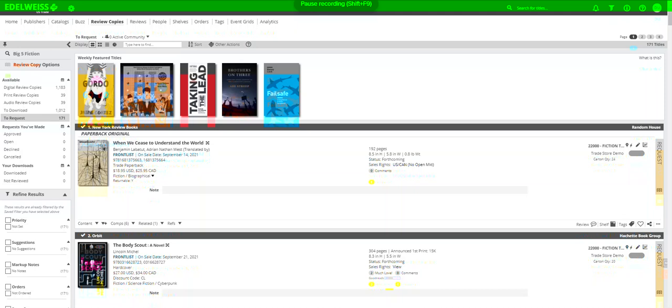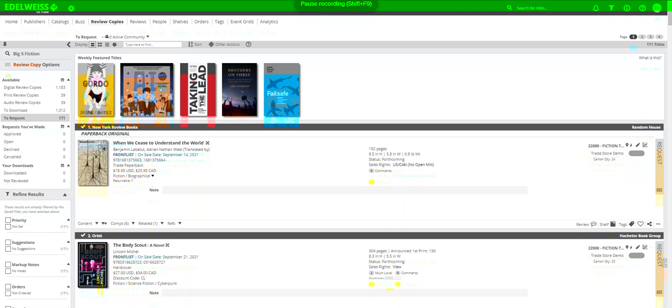As I'm sure you know, Edelweiss offers a lot of digital review copies that are available to request and download before their publication date. So when you request a title through Edelweiss, that request goes to the book's publisher, who will then approve or deny the request. And their reasons for doing this can vary based on the title, the popularity of the title, really anything. Each publisher has different marketing goals for their books, which does determine who they grant early access to